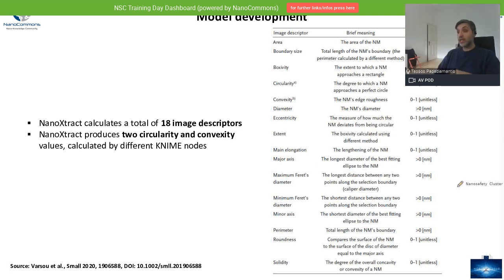Besides the diameter, which you can see as the sixth parameter here, and which is what people usually calculate, you get a number of nanodescriptors like the surface area of the nanomaterials, the boundary size, the boxivity, which is the extent to which a nanomaterial will look like a rectangle, the circularity, which is whether it's a perfect circle or not, like a sphere or not, the roughness of the nanomaterial, and then some other parameters like the eccentricity and the extent.